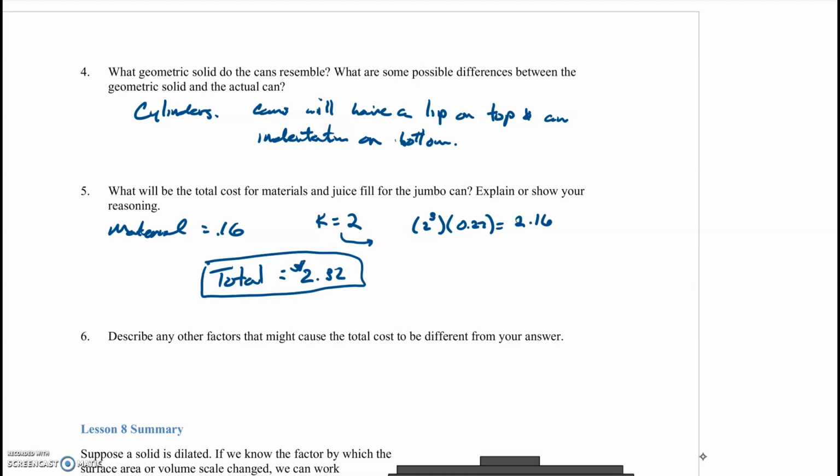Describe any other factors that might cause the total cost to be different from my answer. Well, we already talked about the fact that it's not going to be an exact cylinder. Okay, so that might cost a little more. Let's talk about what's on a can. If it's a soda can, for example, or a juice can, they're usually painted. So the cost of the paint,